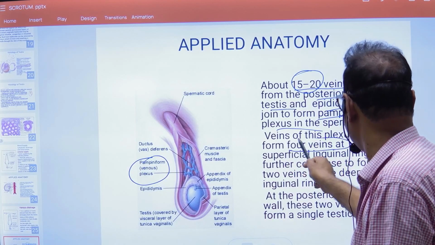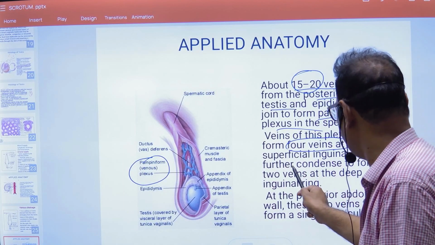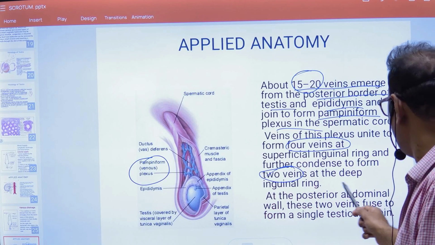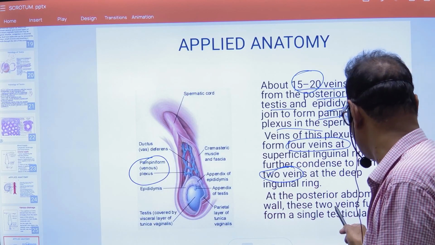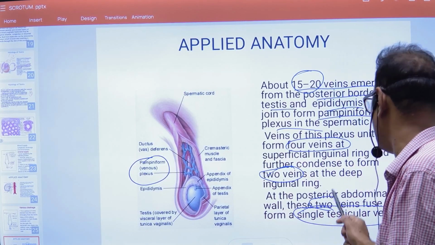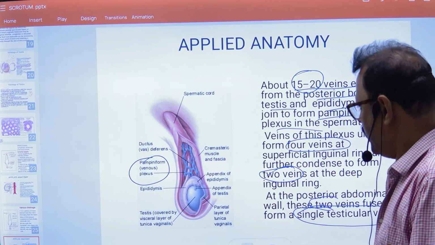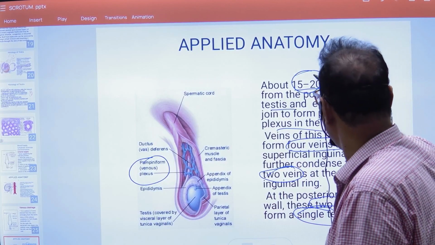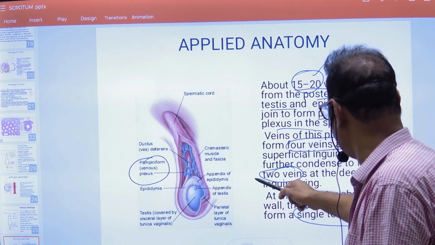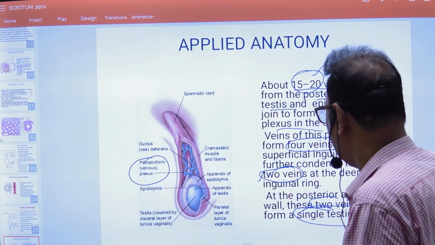Then at the superficial inguinal ring, there will be 4 veins, and 2 veins at the deep inguinal ring. At the posterior border of the abdominal wall, the 2 veins fuse to form a single vein. So the 2 veins become a single testicular vein near the deep inguinal ring at the posterior abdominal wall. So begin with 15 to 20, 4 veins at the superficial inguinal ring, 2 at the deep inguinal ring, and at the posterior abdominal wall they become a single vein, and ultimately it will drain into the